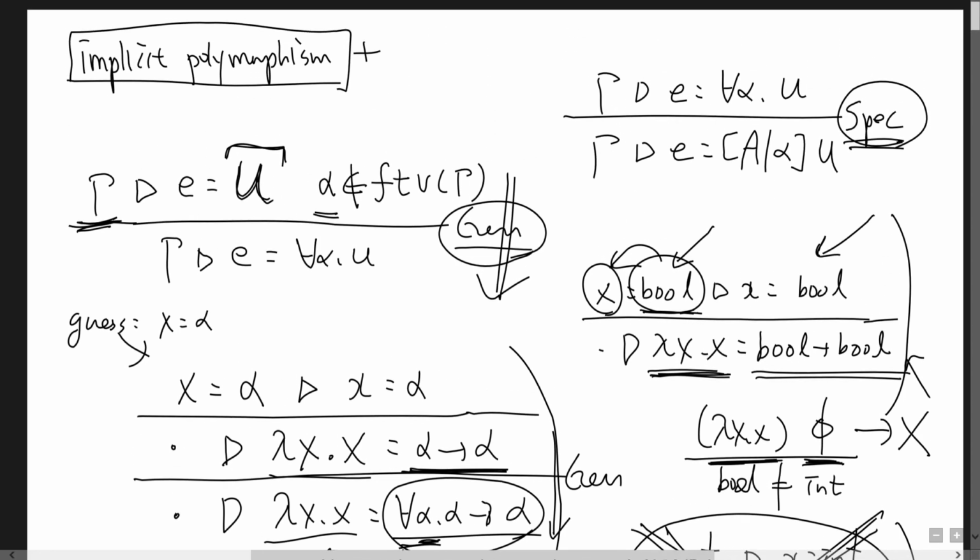And in the case of the specialization rule, now you don't have to actually test the validity of this monotype A, because by assumption, this type A is guaranteed to be valid. So for instance, you might introduce a fresh type variable when you apply the specialization rule. So you might introduce a fresh type variable beta, but that's fine because beta is assumed to be valid. So we will